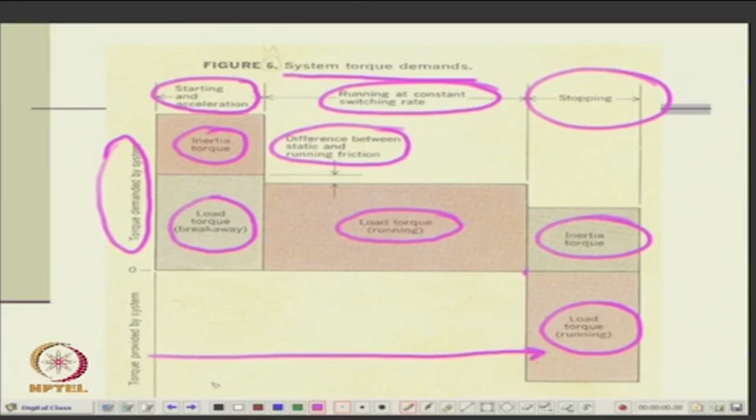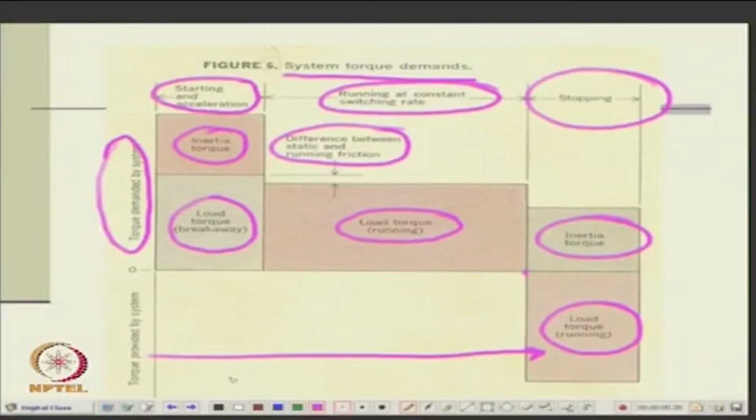See, load torque, now the directions will change. When it is stopping, the directions of these two torques will be different, because your external torque is 0, okay,